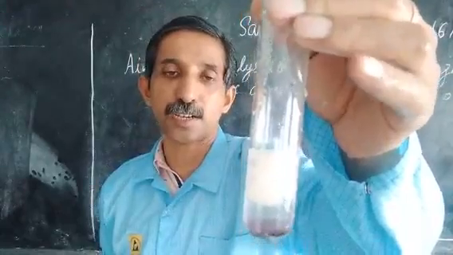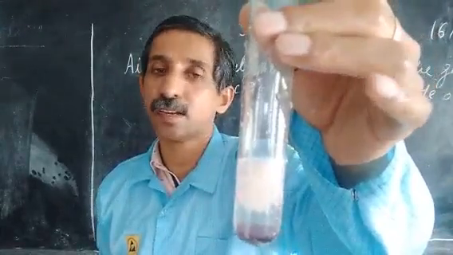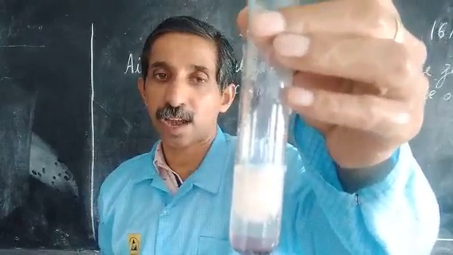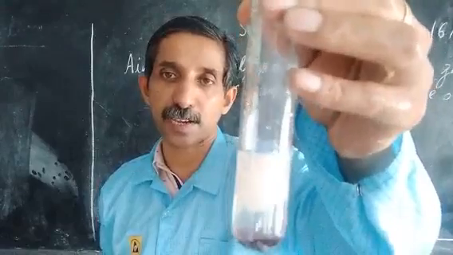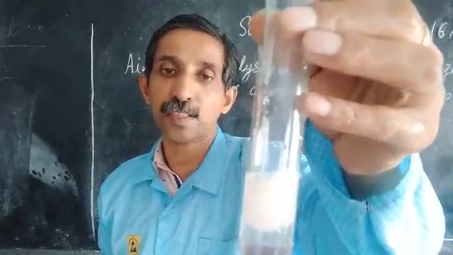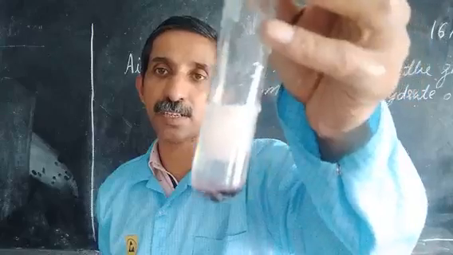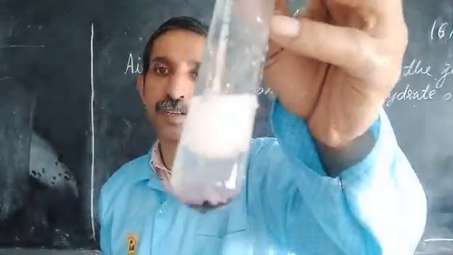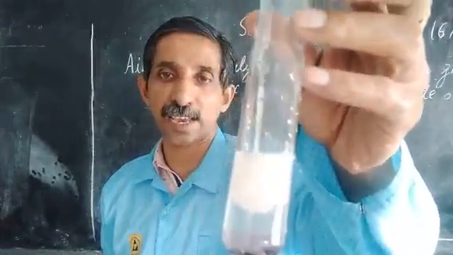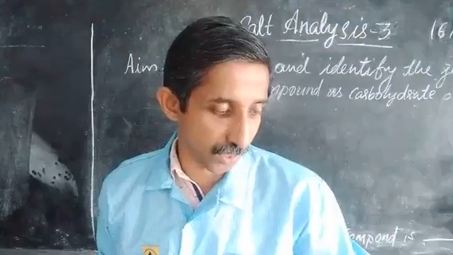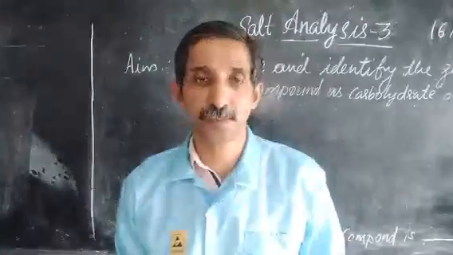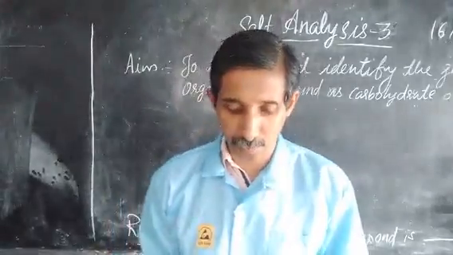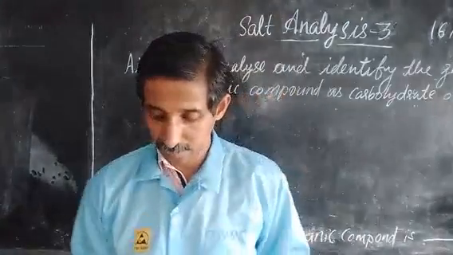So the procedure for the test is: take the solution of organic compound, then add alcoholic solution of alpha naphthol, mix the contents well, then add concentrated sulfuric acid along the sides of the test tube. You will get a purple colored ring-like structure, and this has to be done very carefully, otherwise the ring will be disturbed and you will be getting a purple colored solution. So in order to avoid that, be careful regarding that.